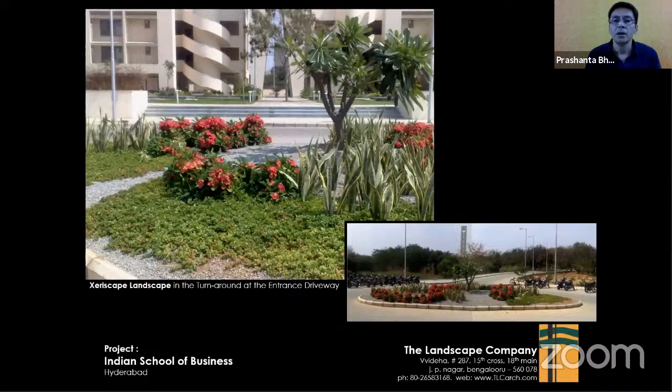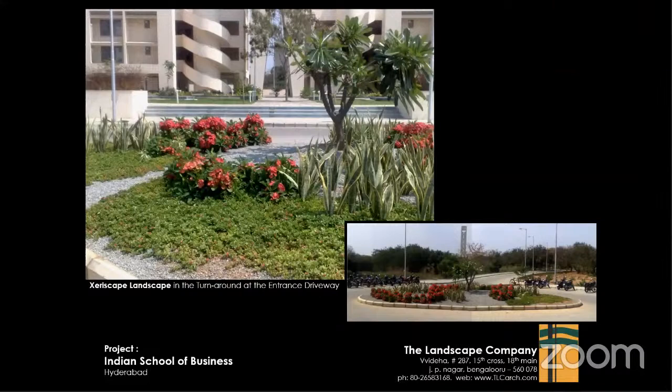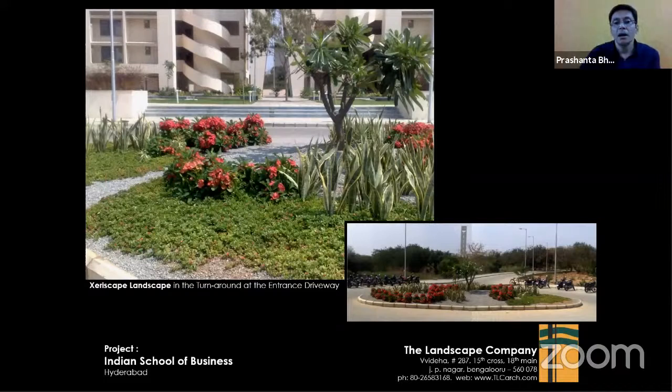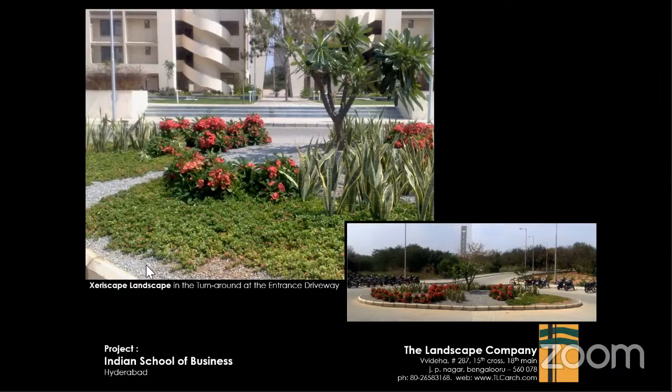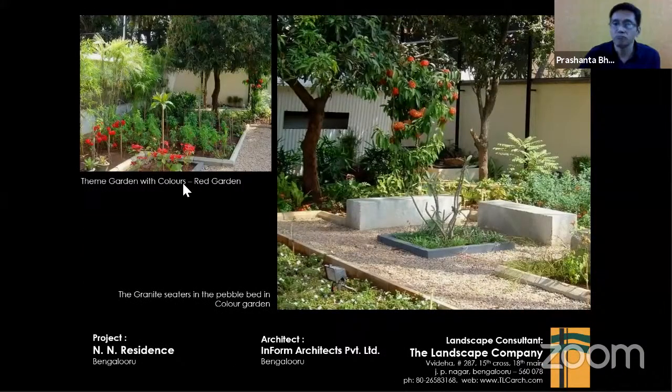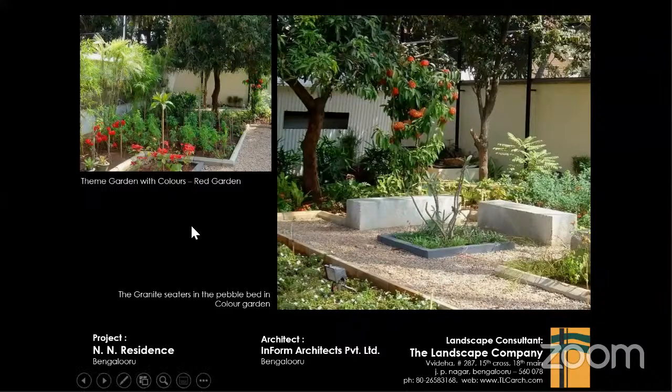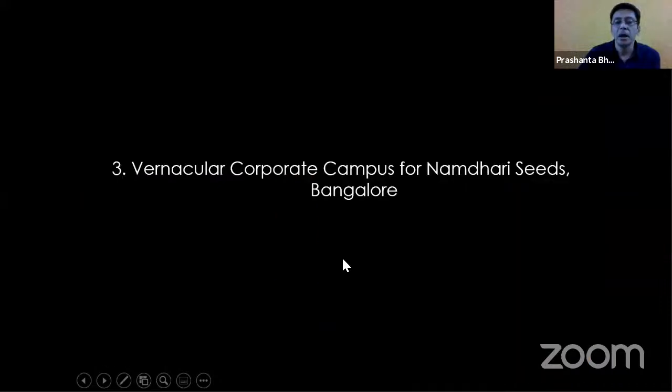A lot of the people who graduate from here will go on to become CEOs of different companies. So we thought it's important for them also to look at this and see that this can look beautiful. This is Nandan Nilekani's house, where we tried to create various things with regards to a color garden, broken down by theme of color and texture.